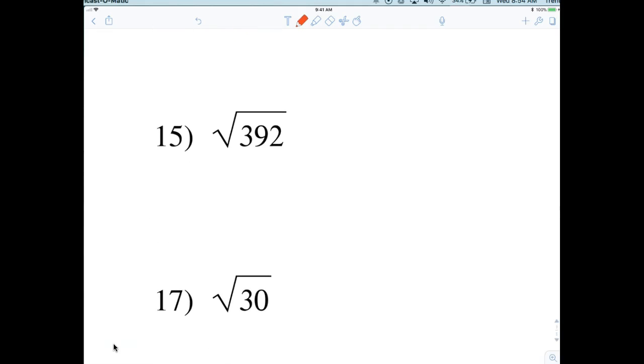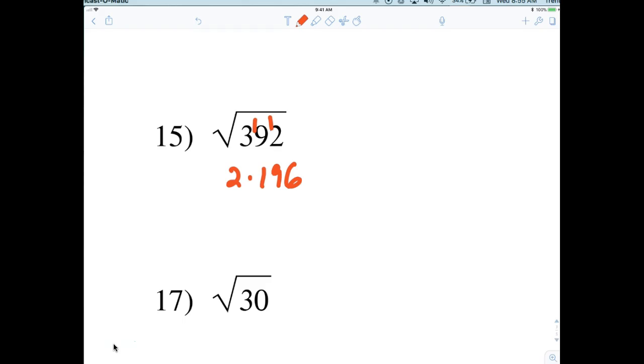Now I get to 392. I have no idea. But I know it's divisible by what? 2. So I'm going to look at 2. So now let's do that. 2 goes into 3 once with a 1 left over. 2 goes into 19 9 times with 1 left over. And then 2 goes into 12 6 times. Now once again,